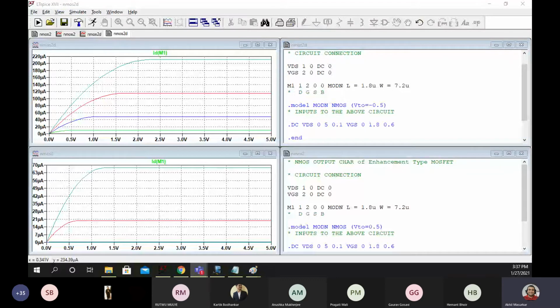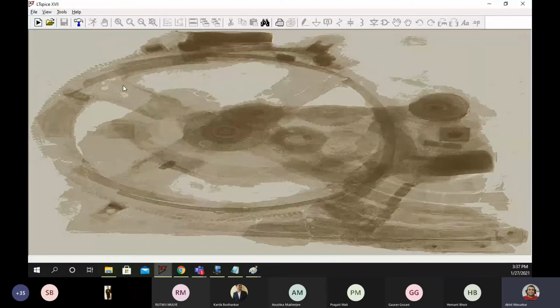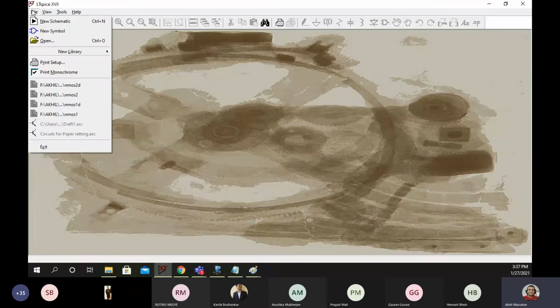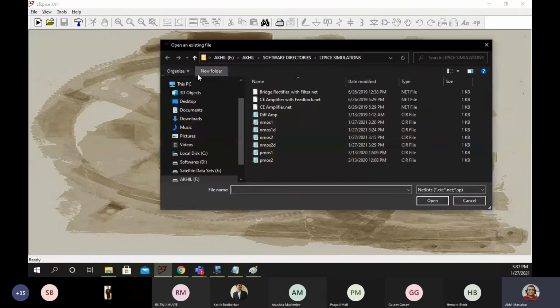So I hope you are getting the hang of LT Spice. Now fortunately from next lab onward, we will not be writing code, but we will be drawing the schematic and will be generating the code. So just for some time, I am closing this thing to give you more insight on LT Spice. So I'll just open a complicated circuit. I have lots of them.